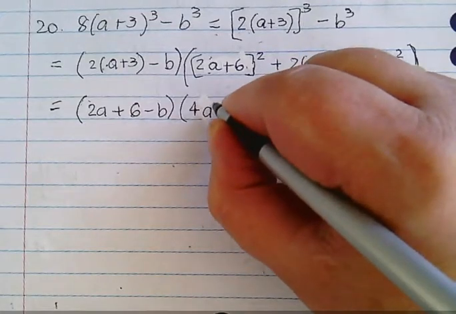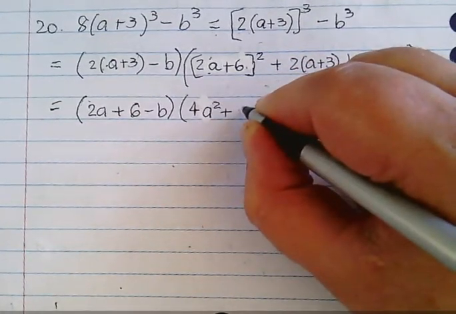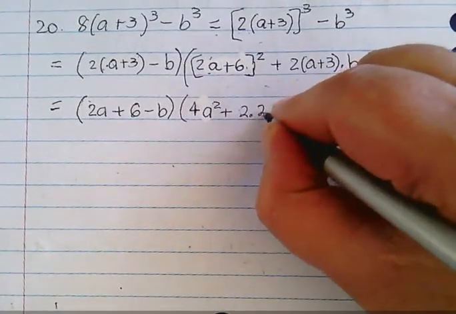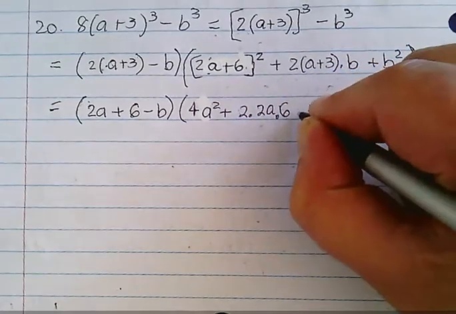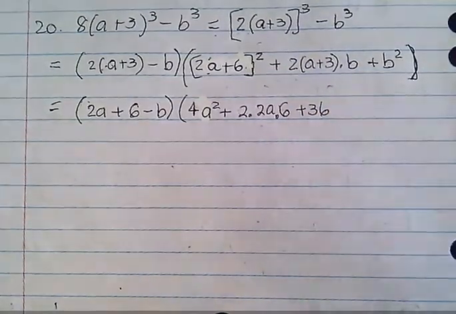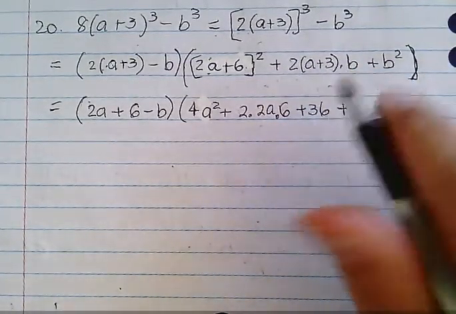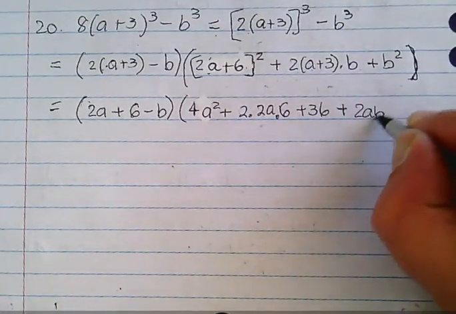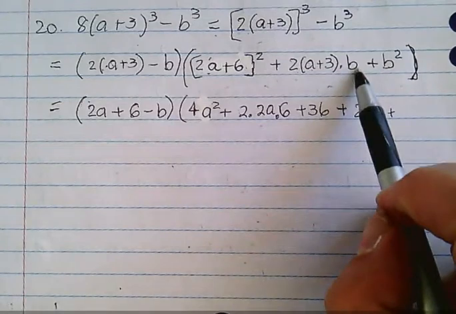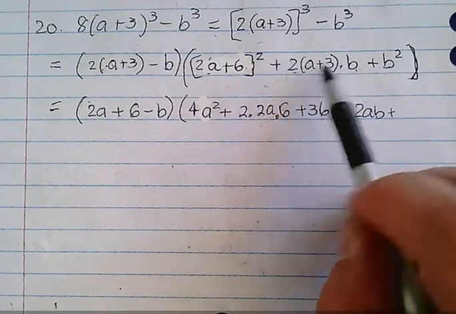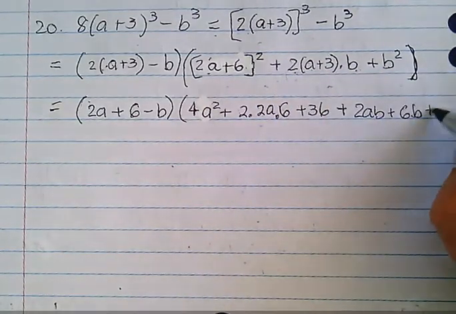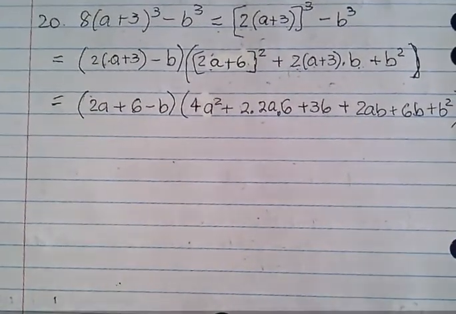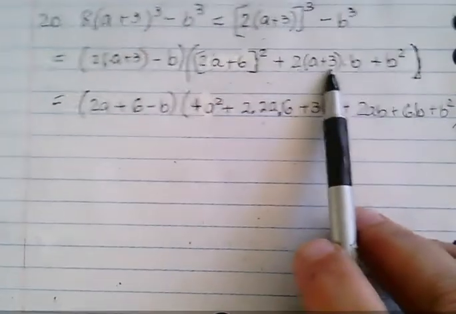So it's 4a squared plus, remember this is a perfect square, don't forget to multiply by the 2. 2 times 2a times 6 plus 36 plus, what's this going to be? 2ab plus, just pretend the b's in front, plus 6b plus b squared. Try not to miss out, because you're doing, see, that would have been best if, you know what, I should